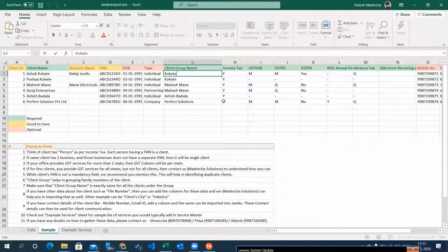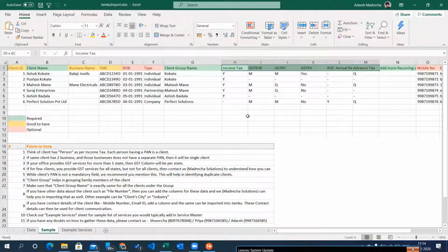Ensure that there is no extra space in one group name and another group name. Ensure the exact spelling, case, and everything is exactly the same when you mention the client group name across all these clients. Next, we have these recurring services that we provide to the client.